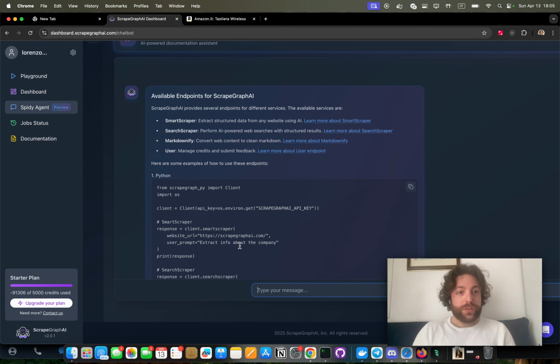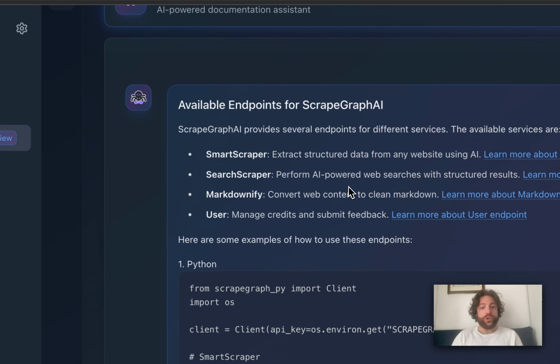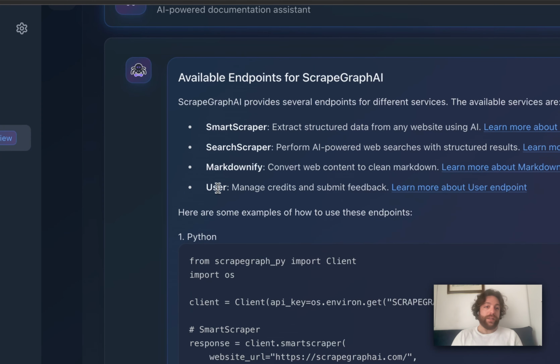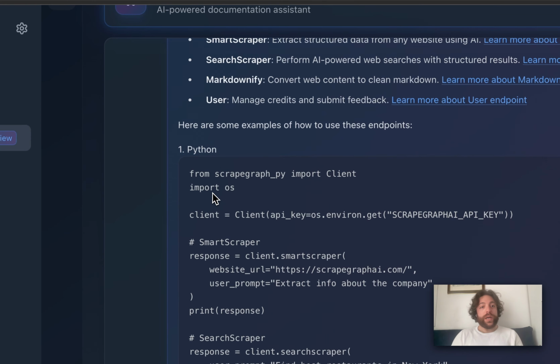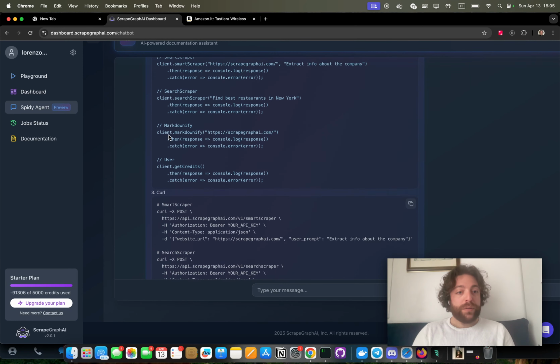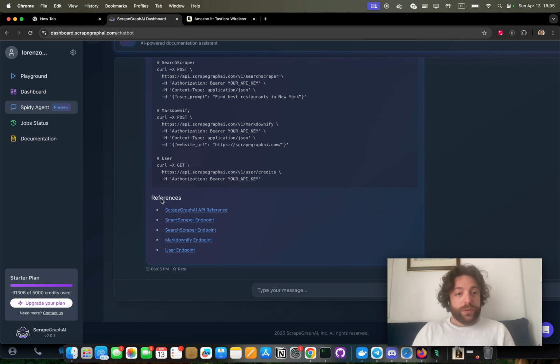So basically we have the other endpoints: smart scraper, search scraper, that helps you to search in the web without knowing the URLs that you need, and also Markdownify, and some for the user. Here it explains each of them, and also you have the references from our code, from our documentation. So this is our first iteration, and keep an eye out, because something very magic is